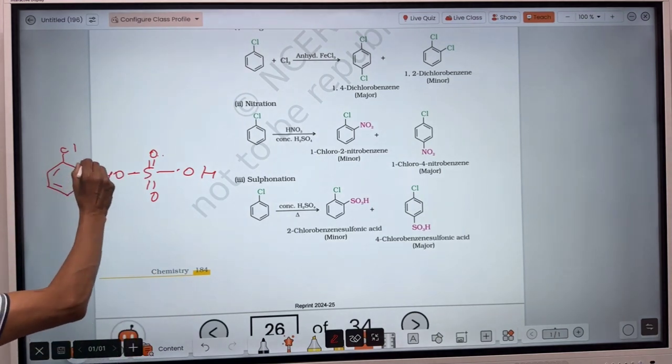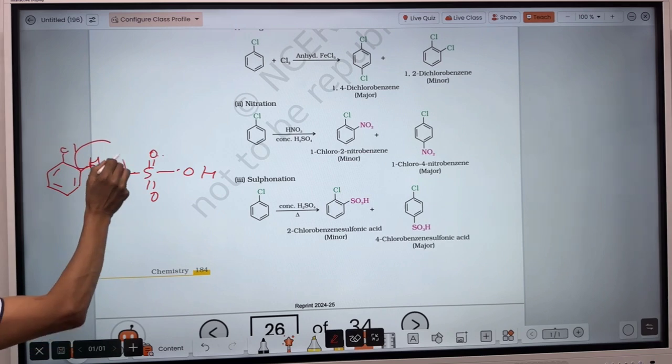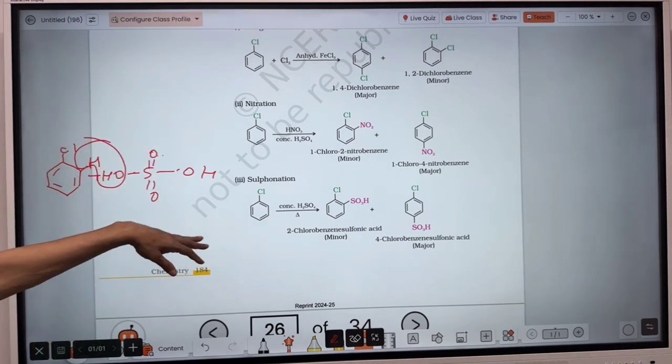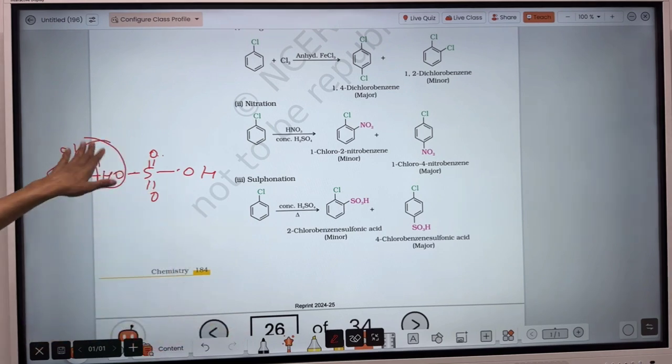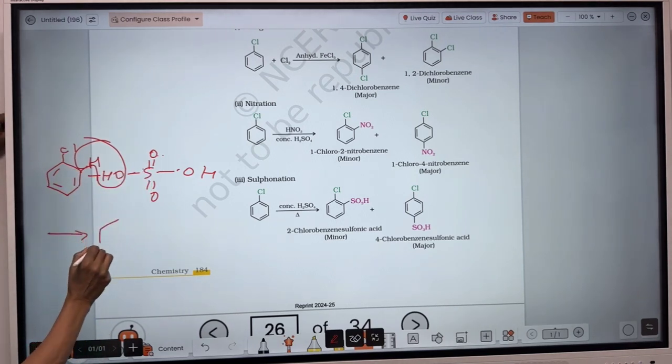Like here, hydrogen at the ortho position or at the para position. The OH will combine with the hydrogen. In short I am telling, how in detail we have discussed already. So in short, now I am discussing. The OH of sulfuric acid will combine with the hydrogen of the ortho position or of the para position of haloarene and releases H2O. Then after this, sulfur will bond to this carbon atom. So the structure will be